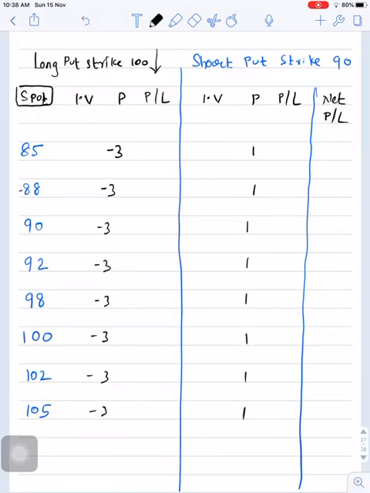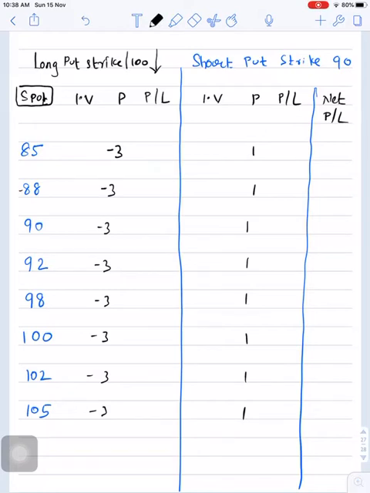Okay, now let's focus on intrinsic value. So here the option moneyness concept will come into the picture. You need to remember when a put option is said to be in the money. Very simple. See, as a trader, I am expecting price will fall. Which price will fall? Spot price will fall. So spot should be less than strike. Then only we will say yes, option is in the money.